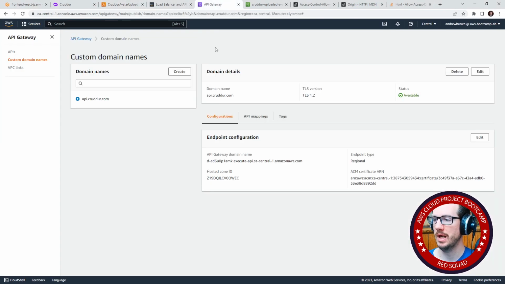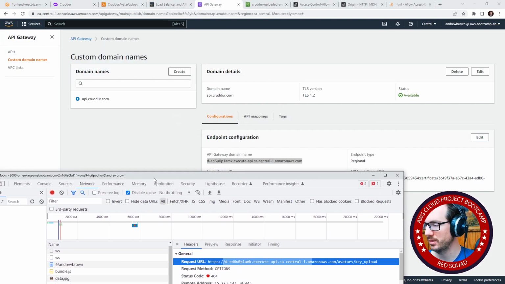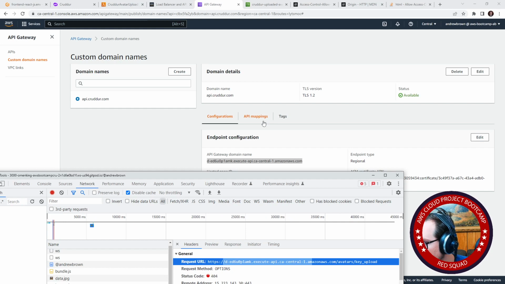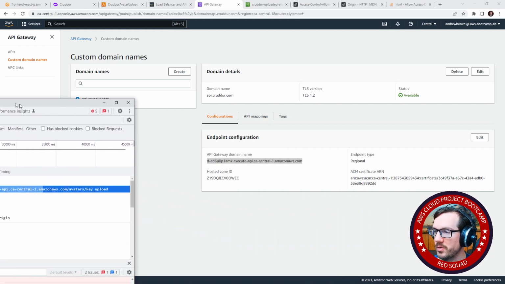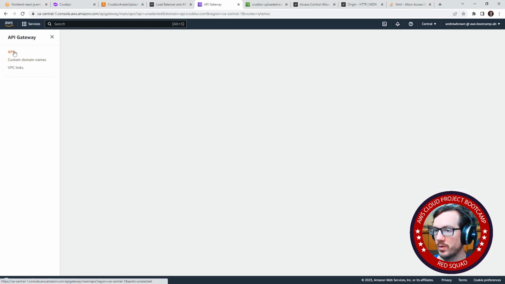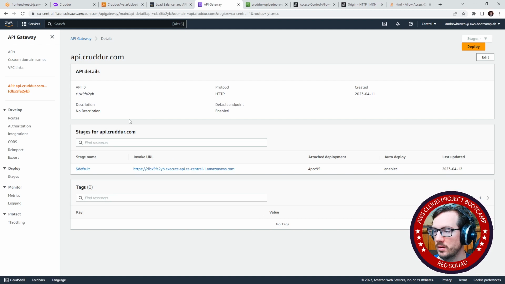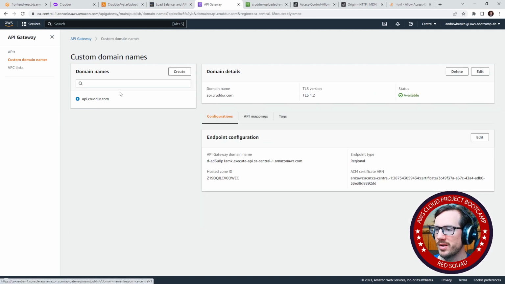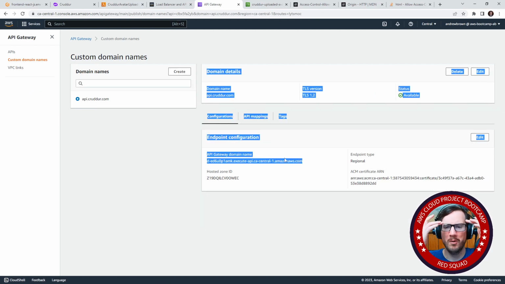So we'll go back over to API Gateway. This is the endpoint here. This is what we have here. 0p1 amk execute etc. amazonaws.com. That's correct. What about the rest of the endpoint? And we did have this API thing here before, so this shouldn't be affecting it whatsoever. We'll go over to our APIs. Oh, but this one's that one. Well, what the heck is this? Oh, were we on the custom domain and we went here? Oh,